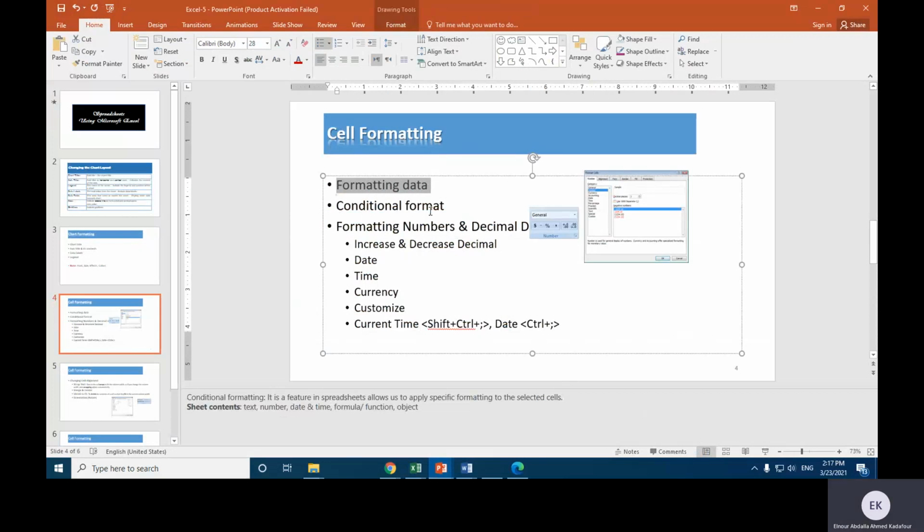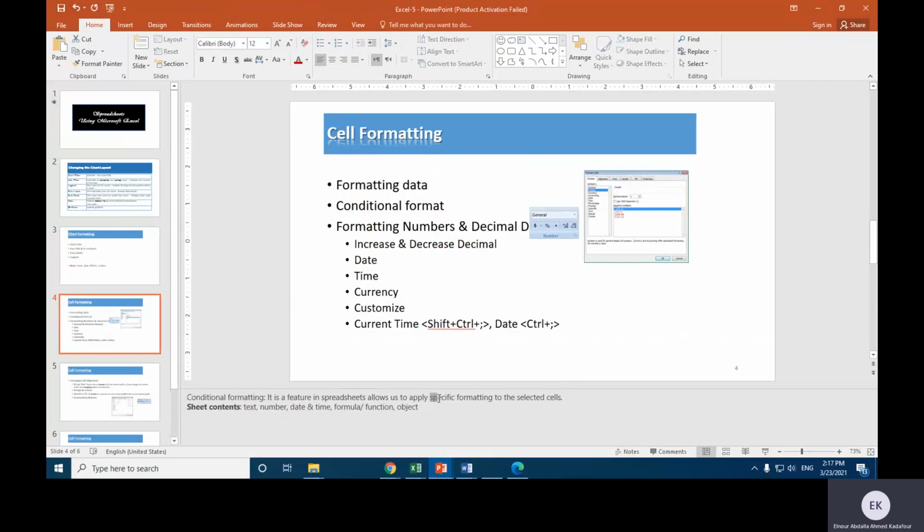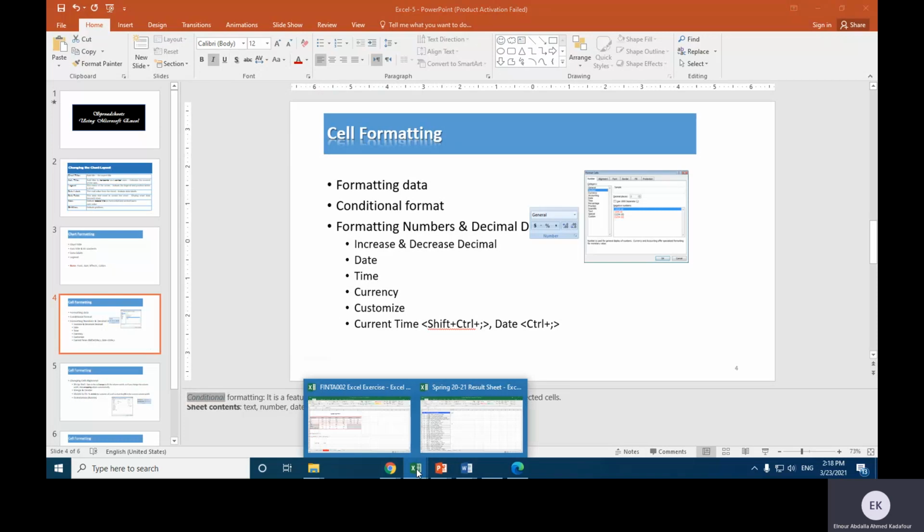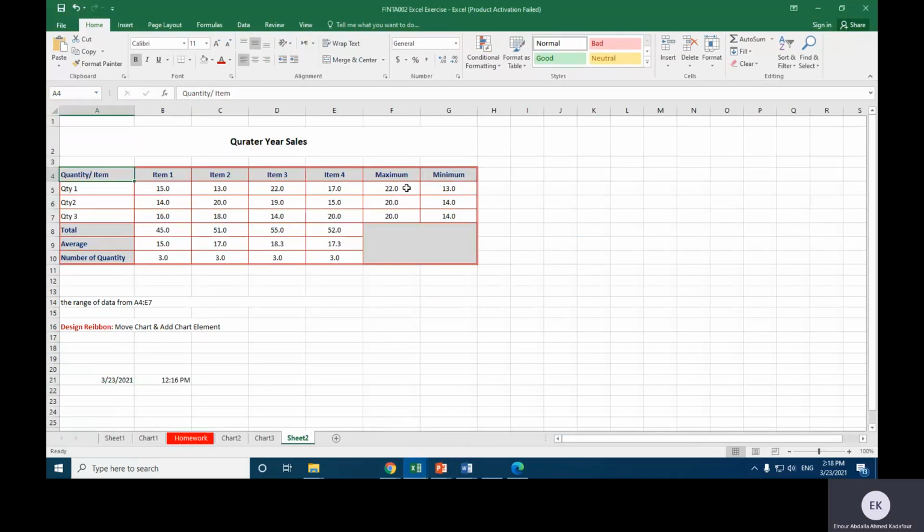Conditional format يعني تنسيق مشروط. تنسيق مشروط. So it is a feature in spreadsheets allow us to apply as specific, conditional as specific. لذلك نقرن ما بين هذيل المعلومتين في ذات الوقت. Okay, so that is a feature or conditional. Simply it is as specific. As specific. بالتحديد بالتخصيص. Let me select